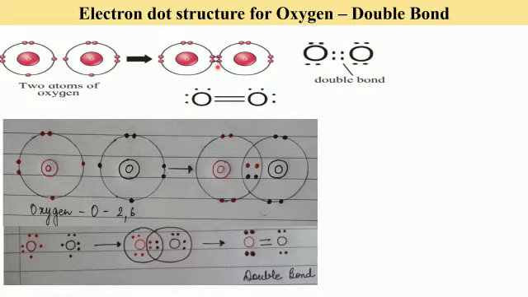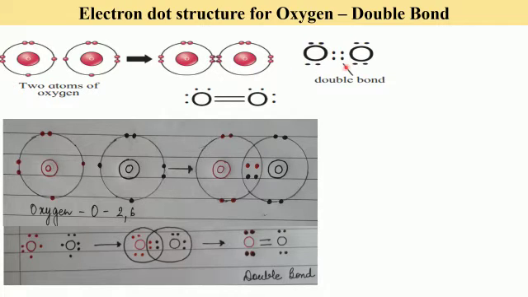Now these 4 electrons are a common property for both the atoms of oxygen. Now these 4 belong to this atom. So 4 coming from here, 4, 5, 6, 7 and 8. Same way 4 electrons of this atom also, 5 and 6, 7 and 8. So both the atoms have been able to establish an octet and have become stable. Oxygen is also a diatomic molecule because two atoms of oxygen will get together to give you one molecule of oxygen.